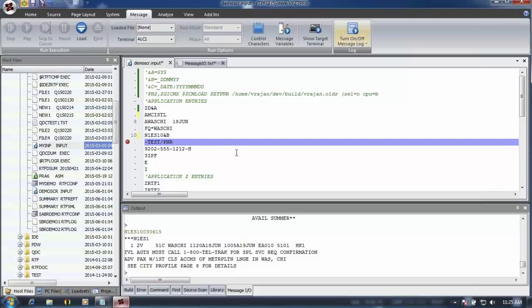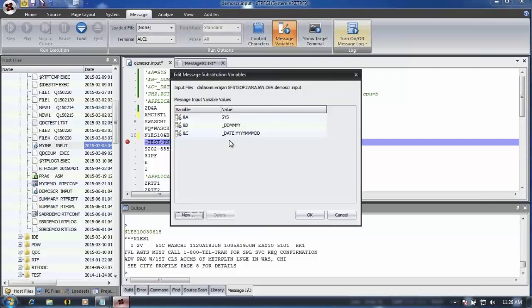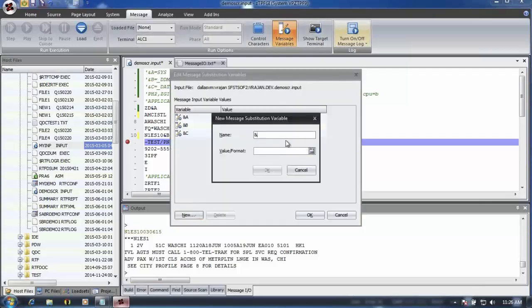Now, if you have several places, all you have to do is one time go through the file, replace wherever the date and time is there with &c or &b, and you can just continue to run, and it's all done. But when we spoke about this message substitution, I also mentioned that you can create a date and time, and also you can have plus or minus. So in this case, for example,